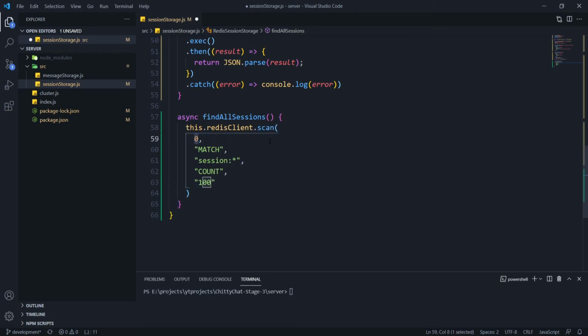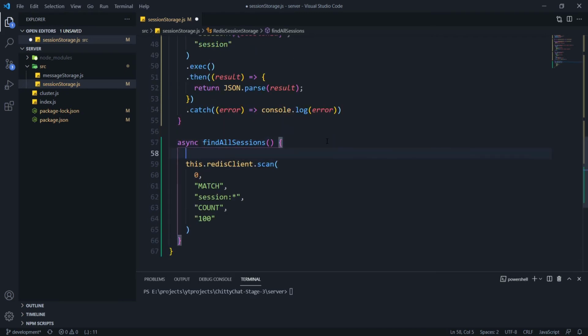And actually I made a mistake. This is not going to be 0. It's actually going to be 0 at the start, but it's going to change once it revolves. So I'm going to declare a let, I'm going to say this as next index equals 0, and pass this inside. This is going to be an asynchronous call, or this is going to return a promise. So I want to await this,